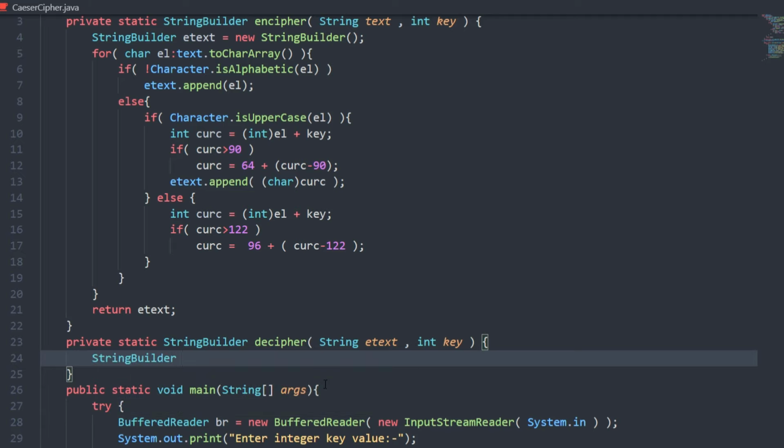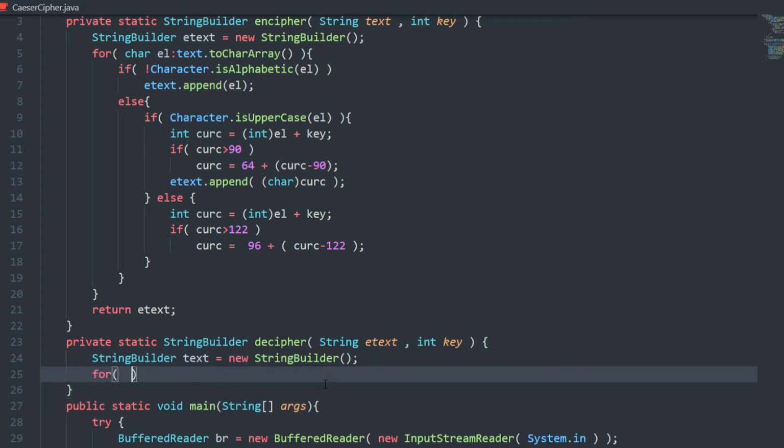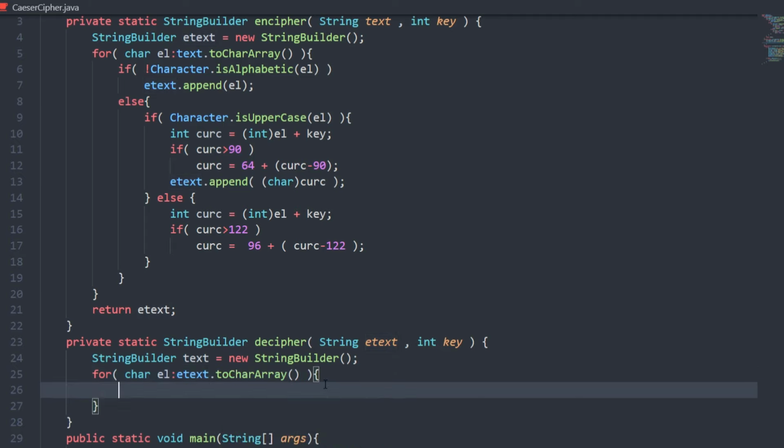We have to do something very similar here as well. We have a StringBuilder. Now I will call it text because we are deciphering our text, so it would be called new StringBuilder. And now we will have a for loop again. So our character element would be etext dot toCharArray, and we'll have the same check condition here.